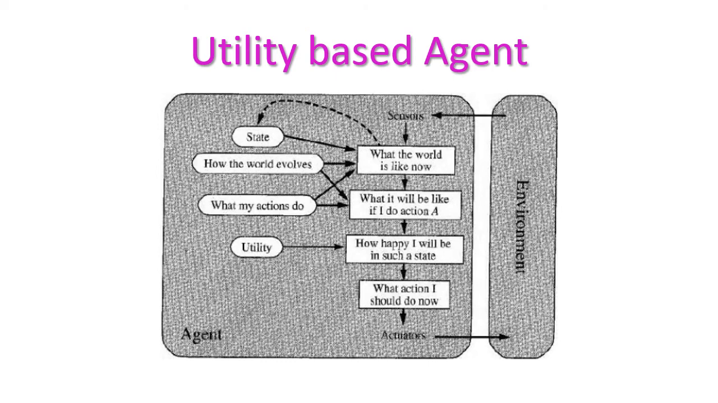The next one is the utility based agent. In this utility based agent we have the utility function. The utility function is very important. It is used to decide how happy I will be in such a state, that is, after performing this particular action, whether that will give me happiness or not. By using this utility function we can select the better action